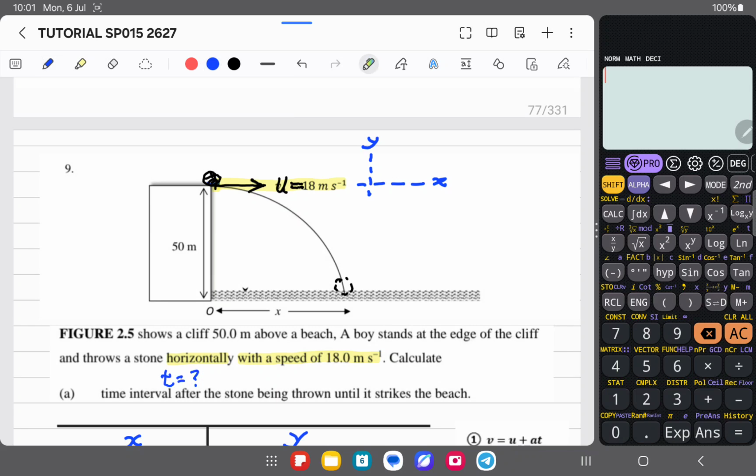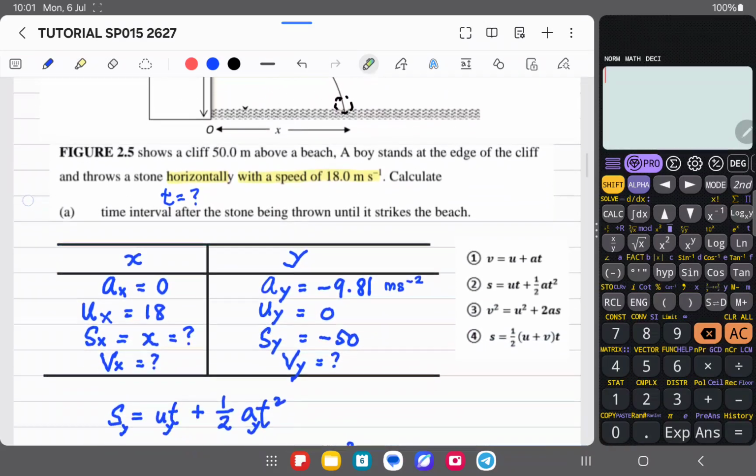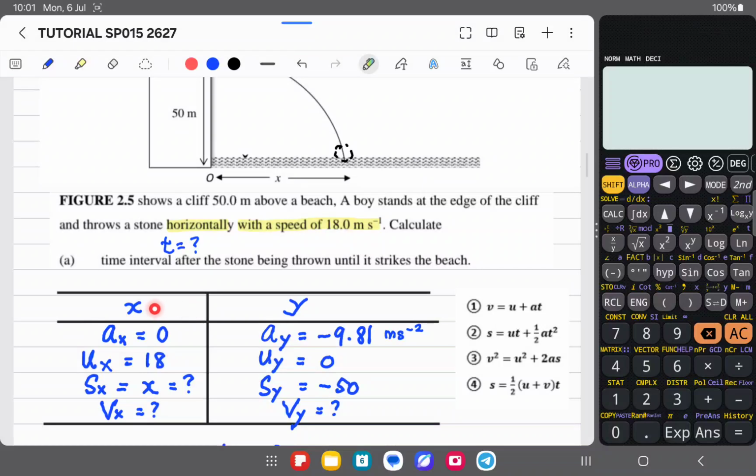Obviously the stone is doing projectile motion, whereby it moves downward 50 meters and moves horizontally as well. To solve this question, we need to separate our components into x motion and y motion. For the x motion, horizontally, there will be no acceleration because there is no force acting along the x-axis. For y motion, we have acceleration of negative 9.81 meters per second squared due to the